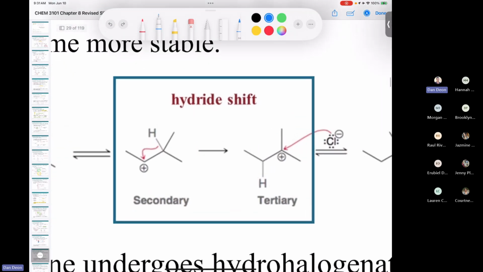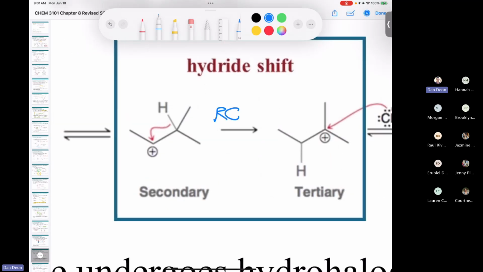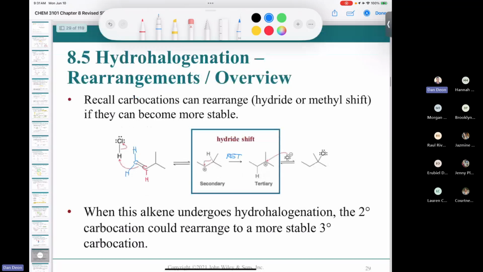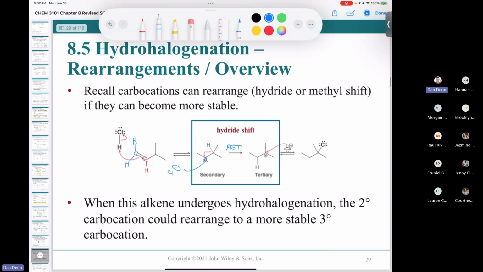Now, if you look at that secondary carbocation, it can rearrange via a hydride shift to go from secondary to tertiary. And remember, I told you that if a carbocation rearrangement can occur, it will. True. So what's going to happen is it says here, carbocations rearrange by the hydride shift or the methyl shift so that they can become more stable. And so you're going to end up with a rearrangement in this kind of case. And so what you're actually going to end up with is a mixture. Okay, you're not just going to get this product. You're also going to get the product if the chloride was to attack at the secondary,